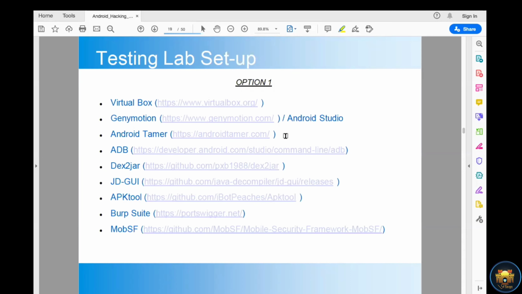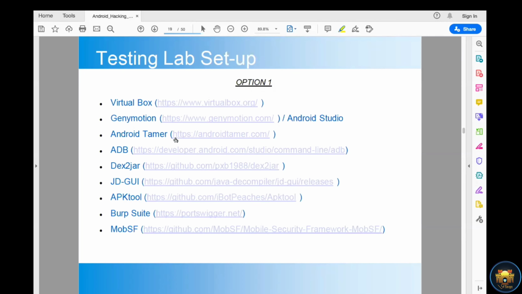And Android Tamer, right? Android Tamer is a virtual machine which has all the consolidated tools inside it. This one was developed by Anant Kumar, if I remember correctly, so all credit goes to him. He has compiled all the tools required to perform penetration testing for mobile applications, especially the Android part.